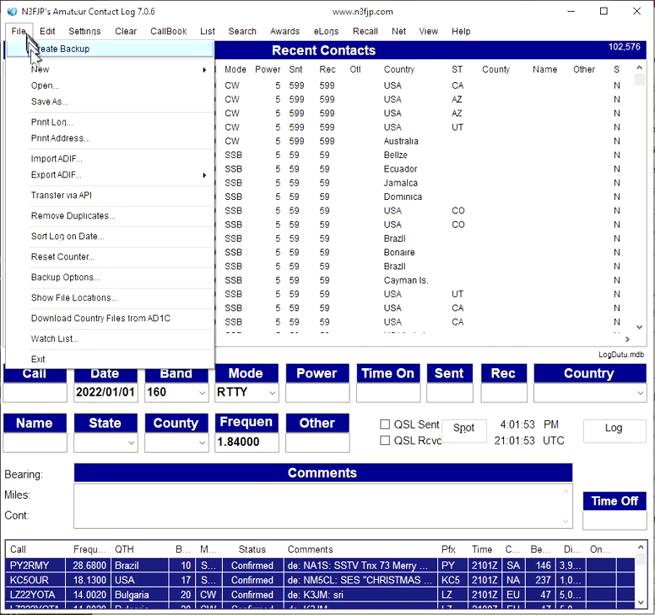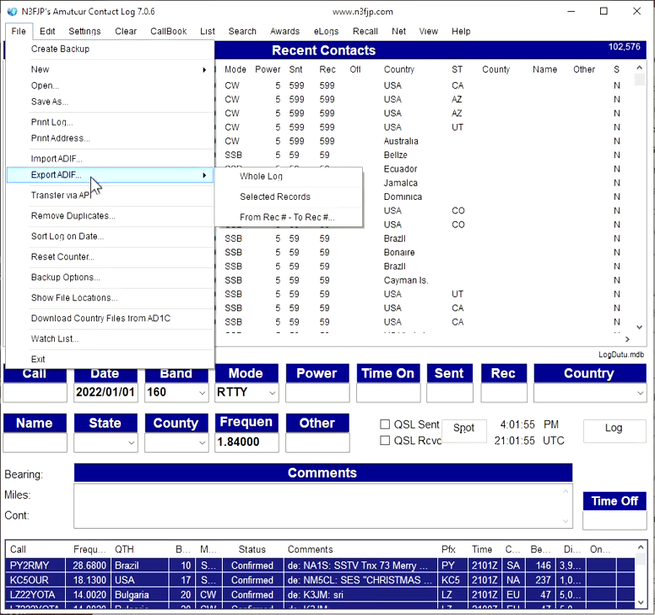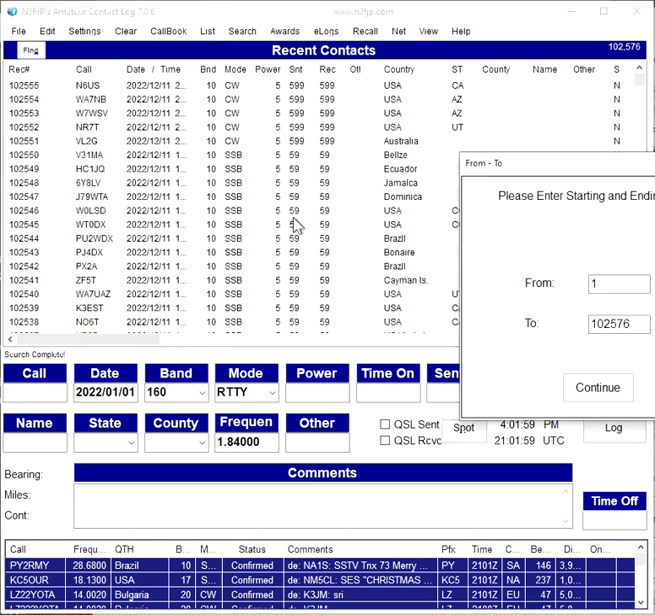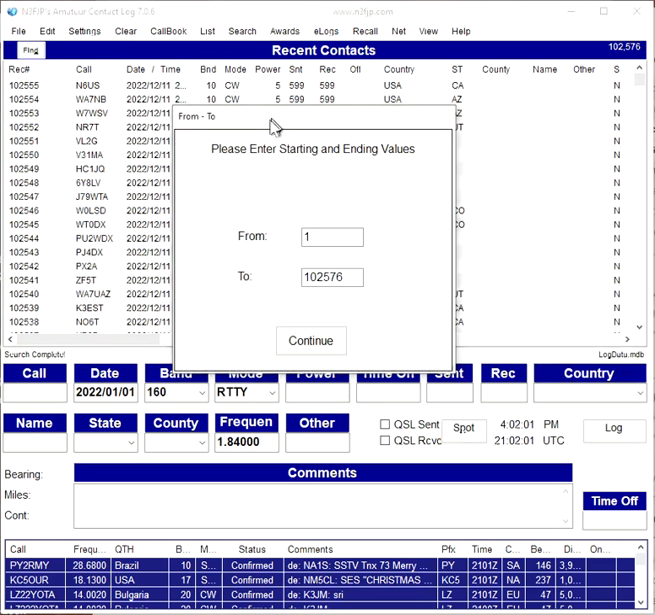Go to File, Export ADIF. There are three choices. Choose the one that says from record number to record number, and simply enter those two record numbers. And you don't need to worry about the last one because it puts it in automatically. So 96071. But if you're doing this after the 1st of 2023, you'll need to put the correct one in for that date also. Click continue,